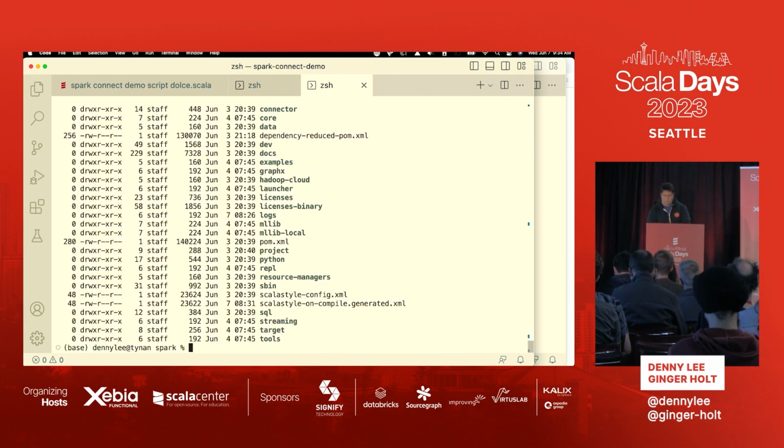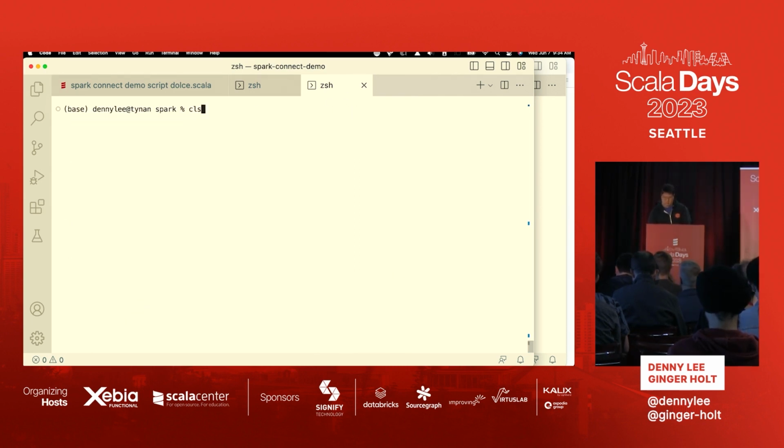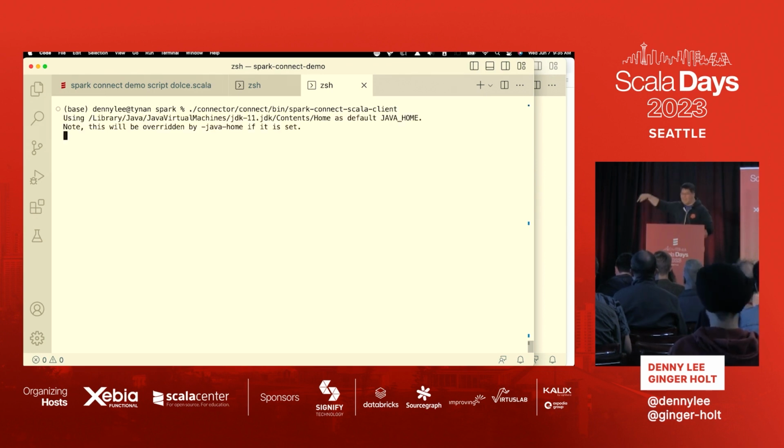All right, so in here, which directory is this? Okay, cool. Because we have the class path issues, give me a second. There we go. I actually have to run the Spark Connect Scala client from the connector directory, excuse me, okay? You can't run it from bin, which is where everything else in Spark runs from, or sbin. It actually has to run from there so that we avoid all the class path issues. That's the long story short, okay? We run that, and then it goes ahead and builds.